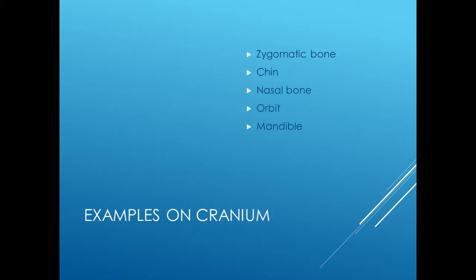All right. So on our cranium, here's a couple examples, some more of the common ones. The zygomatic bone, which we already talked about. And what was our zygomatic bone? Right, our cheekbones, right? We said because we could feel those down from the eye and in between the eye and our cheek there. So it's called the cheekbone. Then we have the chin bone. We have the nasal bone, which remember,